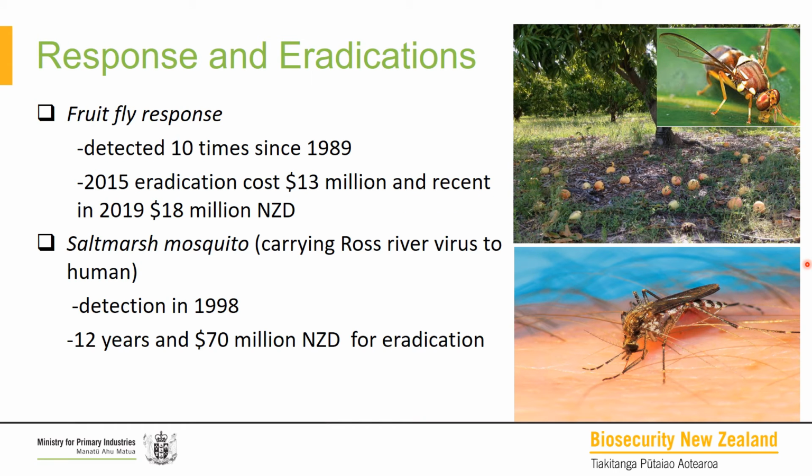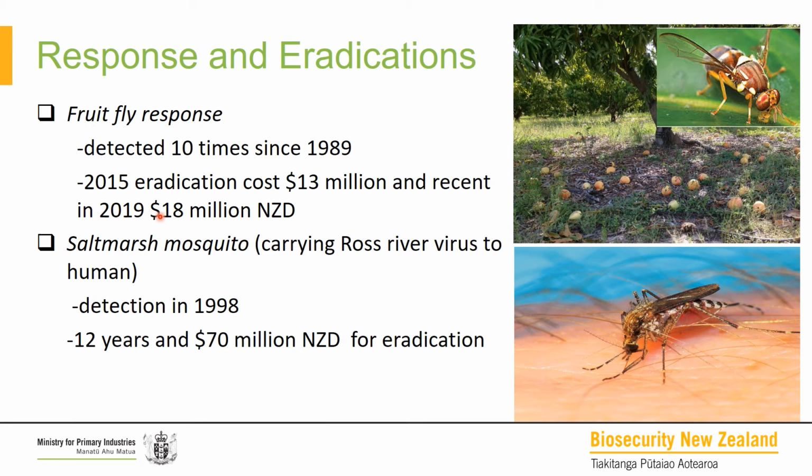So I'm just giving you two examples from many of the successful eradications. Most important one is fruit fly response. Fruit flies have been detected ten times through the surveillance program since 1989. I recall most recently it was last February. A combination of eradication programs and ongoing surveillance has allowed New Zealand to remain a fruit fly free country. It cost around 30 million New Zealand dollars, and 19 million New Zealand dollars for the recent two findings in